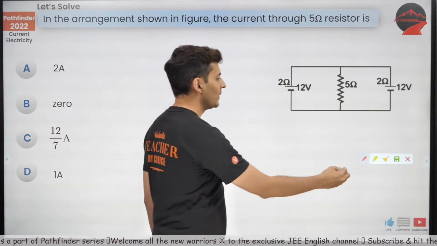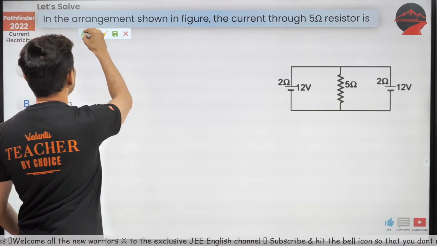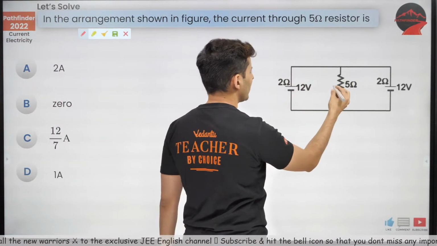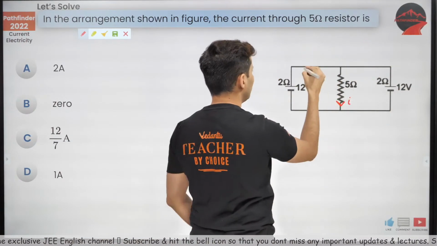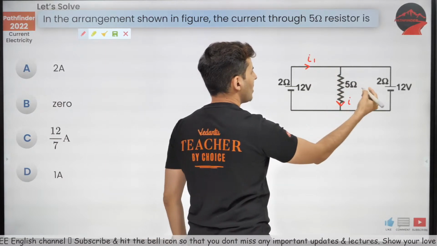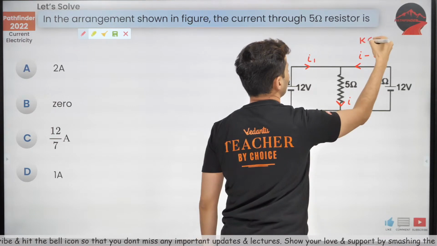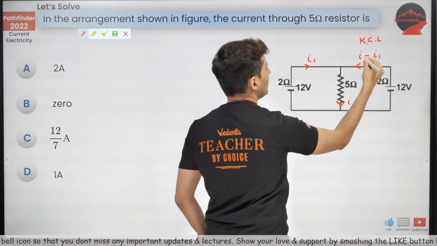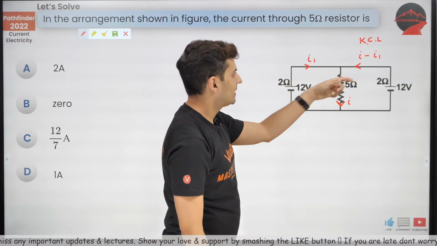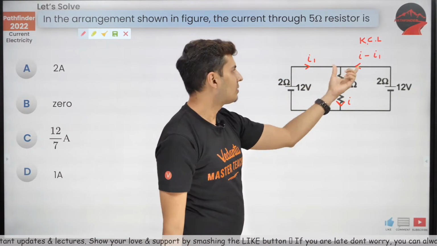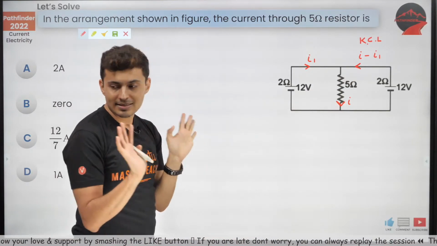And what we have over here is, okay, let's apply Kirchhoff's voltage law and see. First let's assume the currents. Let's say the current over here is I. Currents from both of them come over here. So if this is I1, obviously this should be I minus I1. This is using Kirchhoff's current law. Sum of the currents in should be sum of the currents out. So when you add these two numbers, you will be just left with I. Does that make sense? That's Kirchhoff's current law.